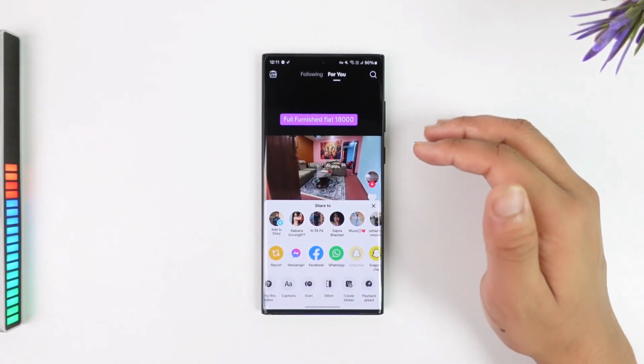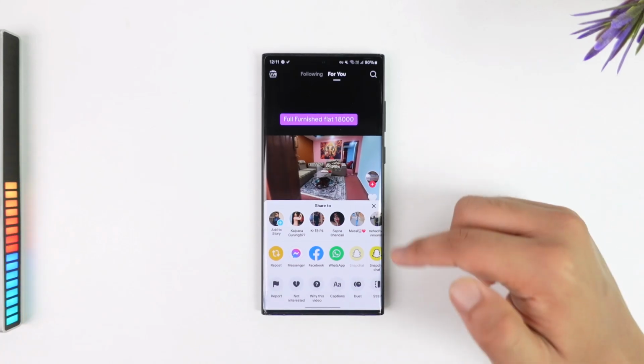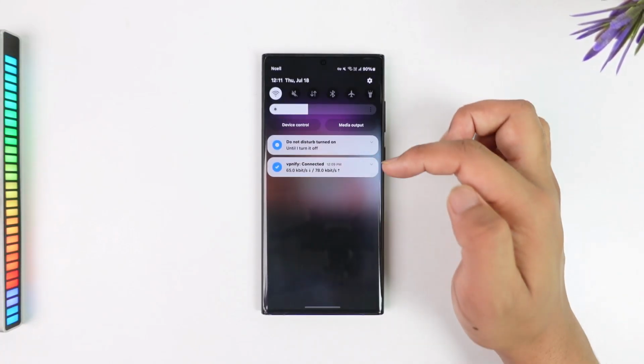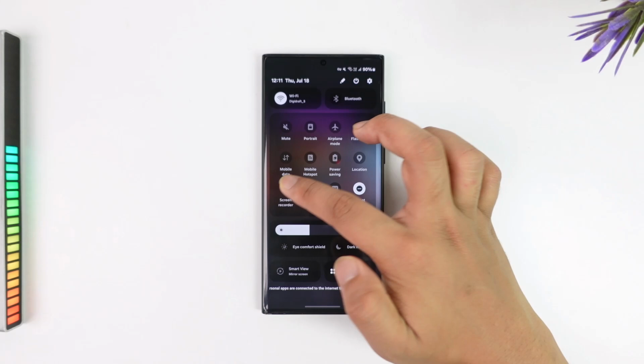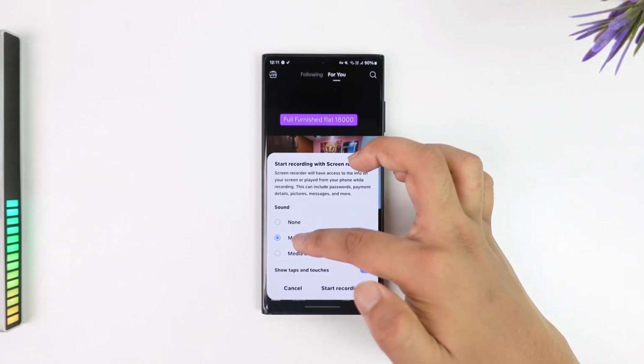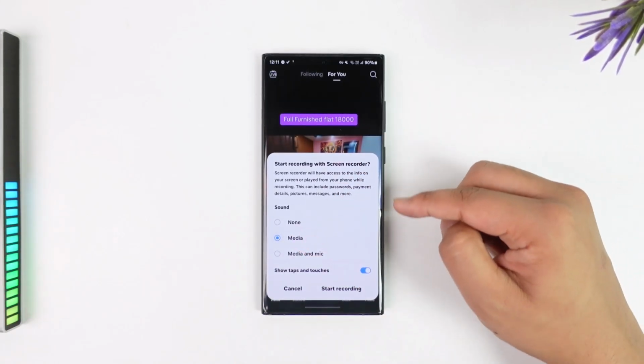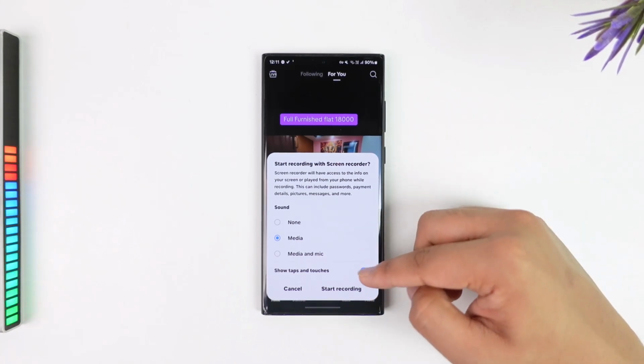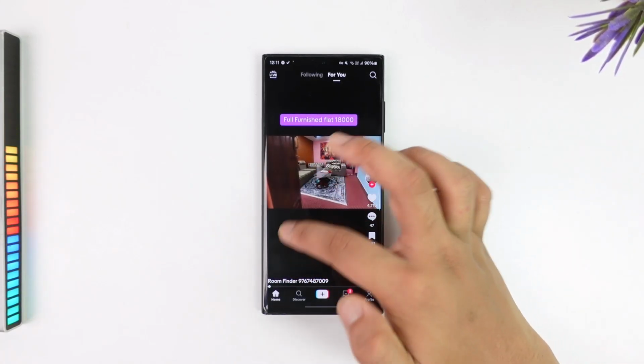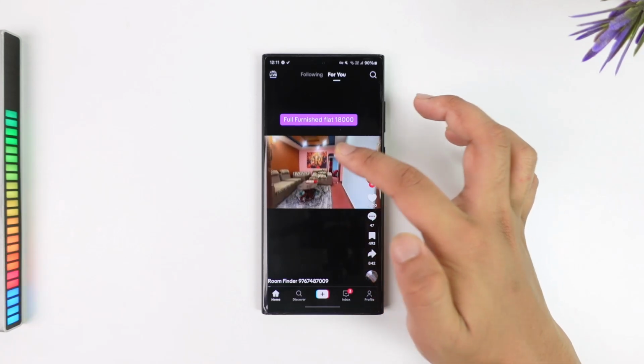In most videos we'll have it, but if you don't see it, then what you can actually do is use your phone's feature, which is a screen recording feature. So open up screen recording on your phone and you can only record the sound coming from the media and not from your microphone. And once you begin recording, you can simply play that video like this,